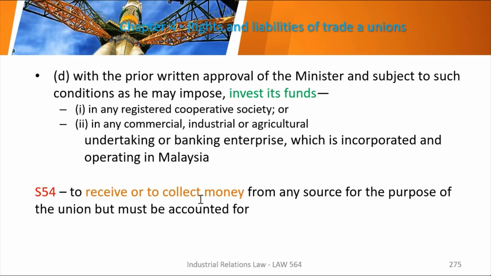Okay, Section 54, they are allowed to collect money, and as a trade union, obviously they have to survive. They are to collect from their members a sum of amount in order for them to run, in order for them to build their fund. Why do they have to build a fund? Because if they were to take action against the employer by engaging lawyers, obviously you have to pay lawyers, right?